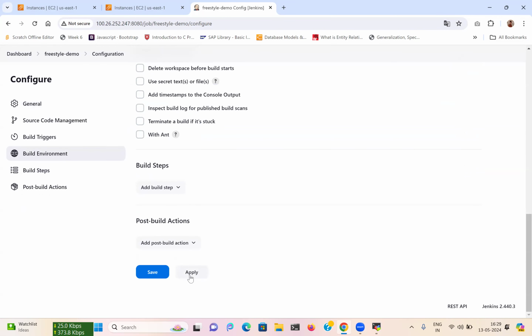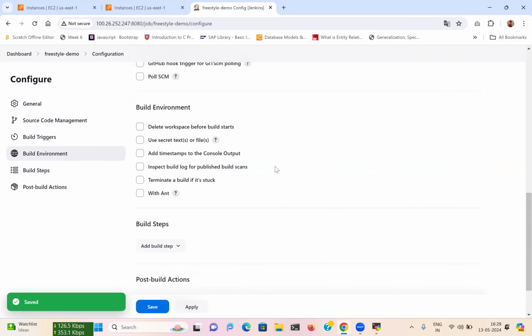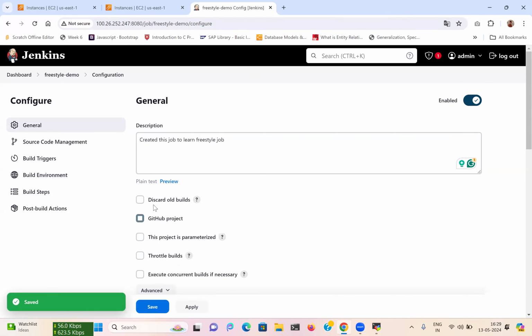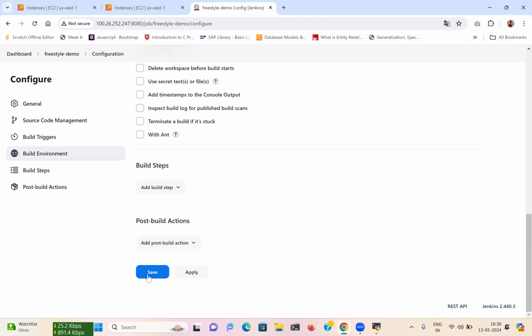So then what's that? Apply it. Now you see this discard old build. What it does, as we all know, is that whenever we run the job, it keeps on creating build numbers. Like, if I show you,